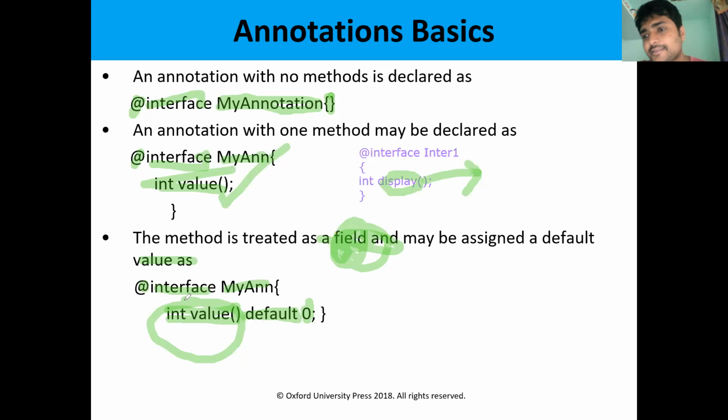A method can return some value. For example, return a into b, that means 10 into 20, the method returns the value 30. Likewise, here the method can be treated as a variable. The method can store some values, 10, 20, 30, 40. So this is the concept of creation of an annotation, and this is the syntax.